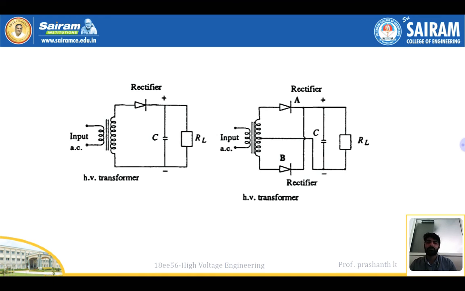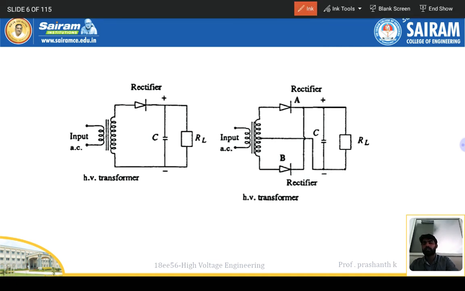So what happens? I'll show you how it works. The positive cycle will be operating, and the negative cycle it won't conduct. So only on the positive cycle; on the negative there is a reverse bias condition, zero, and again like this. All right, so this is the rectifier circuit with a high voltage transformer. There's a capacitor for charging as well as filtering purpose, and RL is the load resistance.